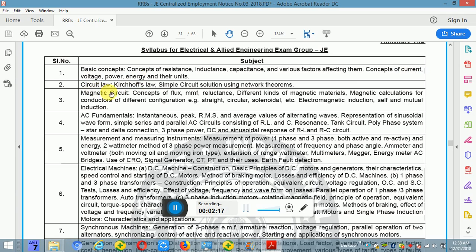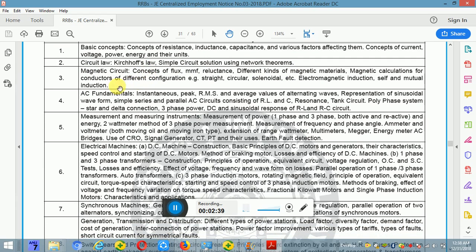And next is circuit law, Kirchhoff's law, and simple circuit solution using network theorems. There are network theorems: Maxwell's theorem, superposition theorem, Norton's theorem. These are used for circuit solution. Using these theorems we need to solve the circuits, simple circuits regarding circuit law, and magnetic circuits, concept of